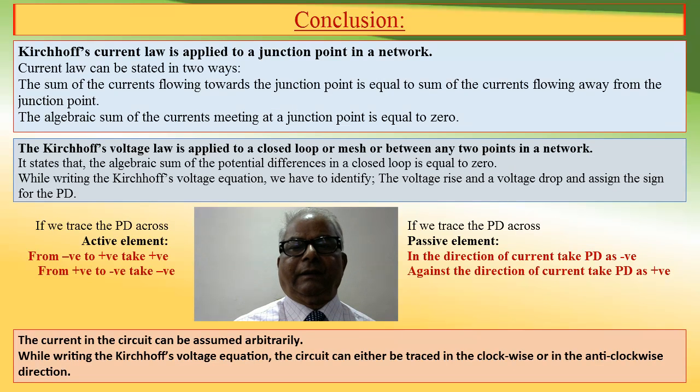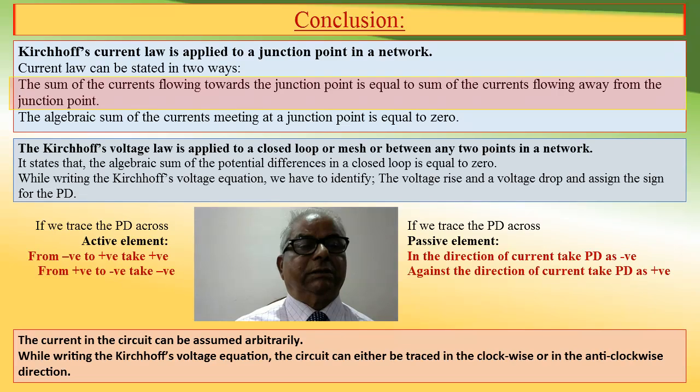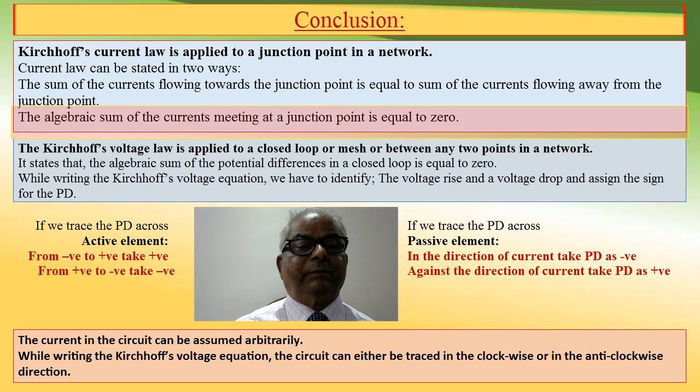Friends, let me summarize the discussion that we had till now. In a nutshell, we can say that the Kirchhoff's current law is applied to a junction point in a network. Current law can be stated in two ways. One, the sum of the currents flowing towards the junction point is equal to the sum of the currents flowing away from the junction point. The second statement states that the algebraic sum of the currents meeting at a junction point